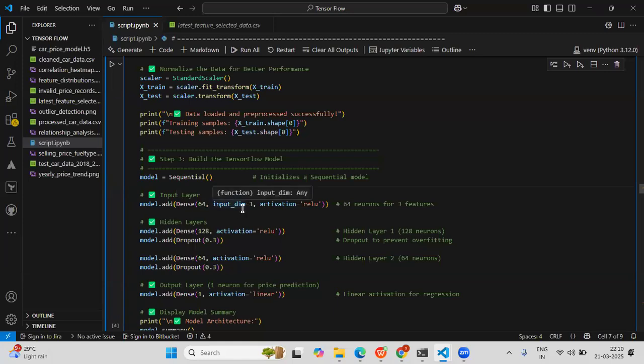So this input dimensionality is 3, because we are taking 3 features. That's why it corresponds to the input dimension equal to 3. Then the activation is ReLU. This is the activation function, basically.